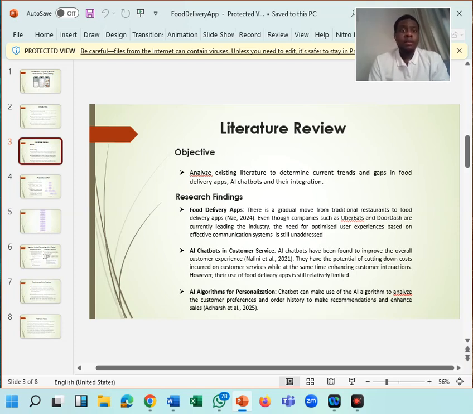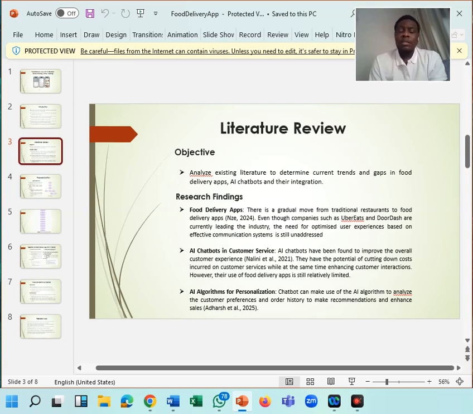Now, AI chatbots have been found to improve customer experience. They have the potential of cutting down costs when it comes to customer service, and at the same time they enhance customer interactions. They use chatbot algorithms, and these algorithms learn from the user and are used to analyze user preferences and their order history.